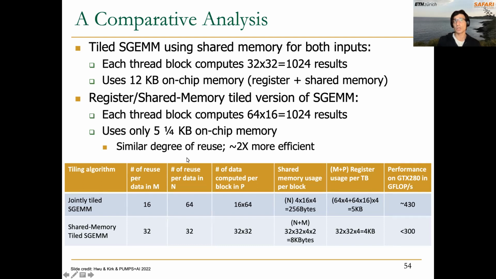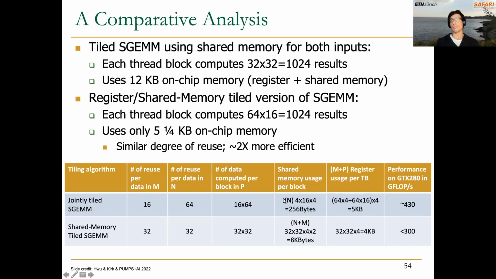So even though there is a similar degree of reuse, it's around 2 times more efficient. And if you want to compare in more detail the reuse of data in M, reuse of data from N, the elements that are computed by each thread block, the amount of shared memory used, the amount of registers that are used,